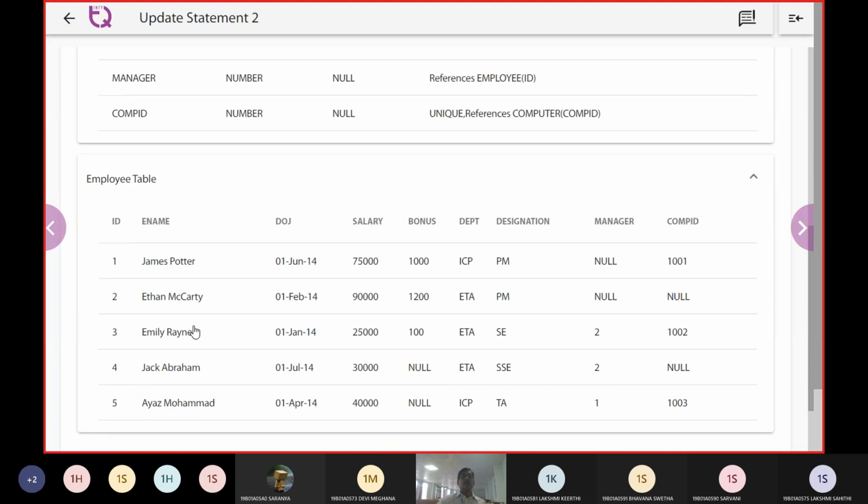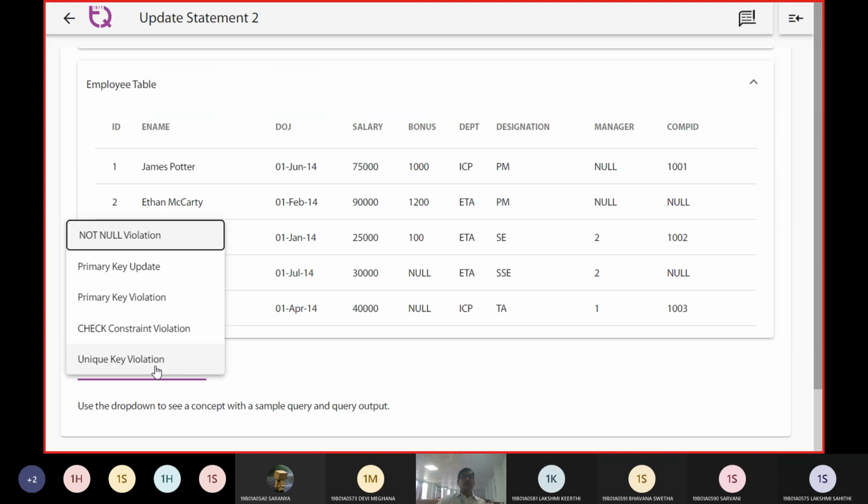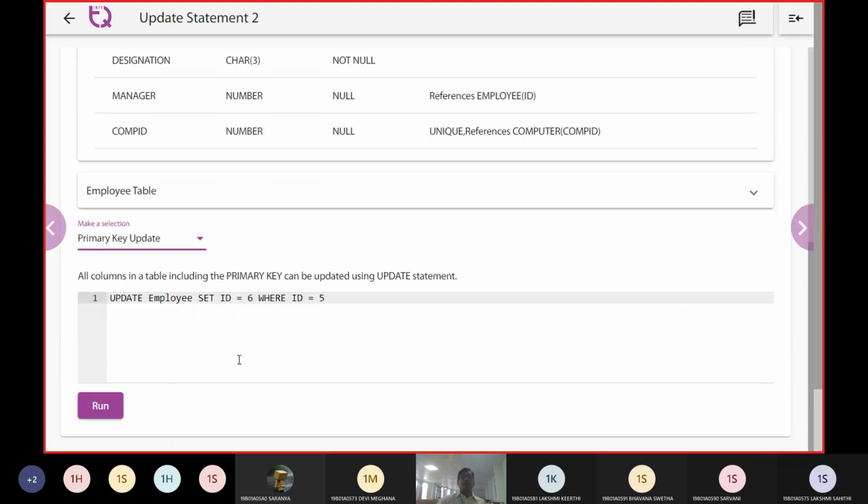Now, we have this ID, name, date of joining, salary, bonus, department, designation, manager, and some company ID. Now, what we can do is we can make a primary key update.